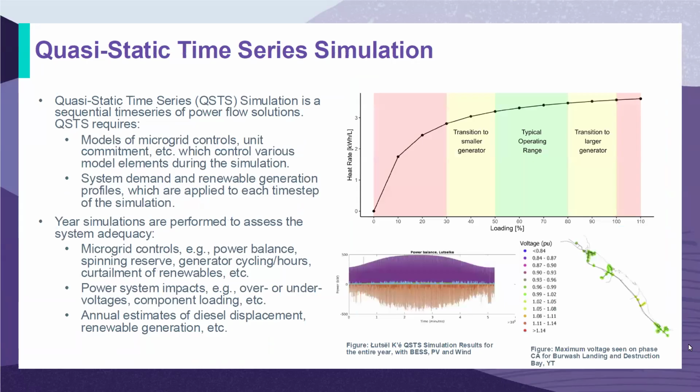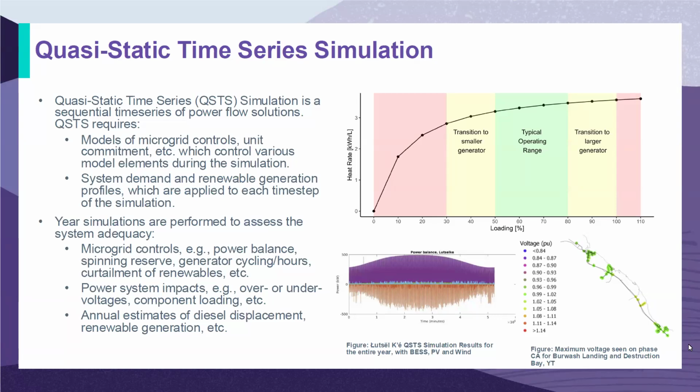And with the quasi-static time series, we also look at equipment loading. I won't get into it too much right now, but even considering the dispatch protocols of the diesel generators and their efficiency curves could tell you how it operates with renewables and without renewables. As a general rule, what we have found is when the diesels are operating in grid forming mode, the diesel generators tend to operate less towards their peak efficiency and more towards